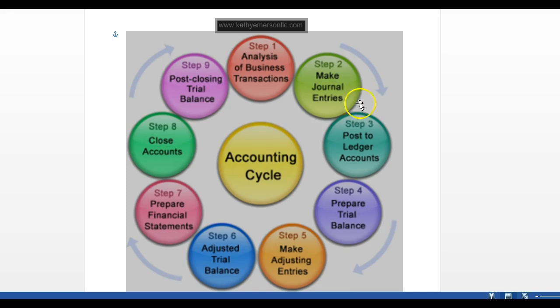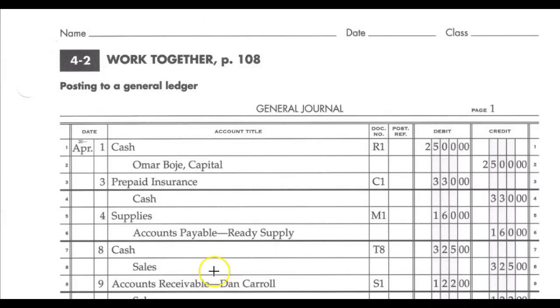And why do you think that this is necessary? My question is, when we were making journal entries, could you tell the owner of the business, if he asked you this question, what is the amount of money I have in cash right now? Can you? No, you can't, which is why when we're looking at the journal,